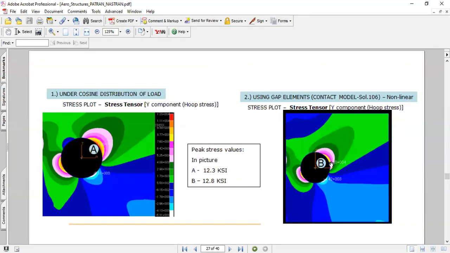You might have studied in the stress concentration KT, where the crack propagation starts with a crack initiation. Crack initiation is the point where the two molecules separate. So this is the peak stress point over here, and the peak stress point over here. You can see the differences are within hardly 2 or 3%. So the study was very fruitful, and it provided very good results.